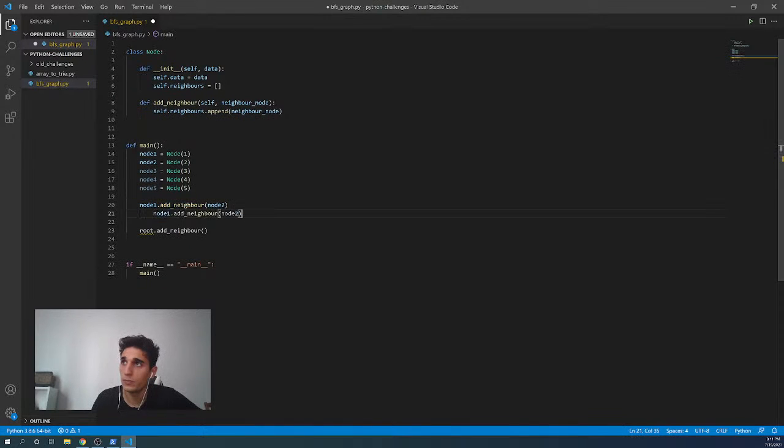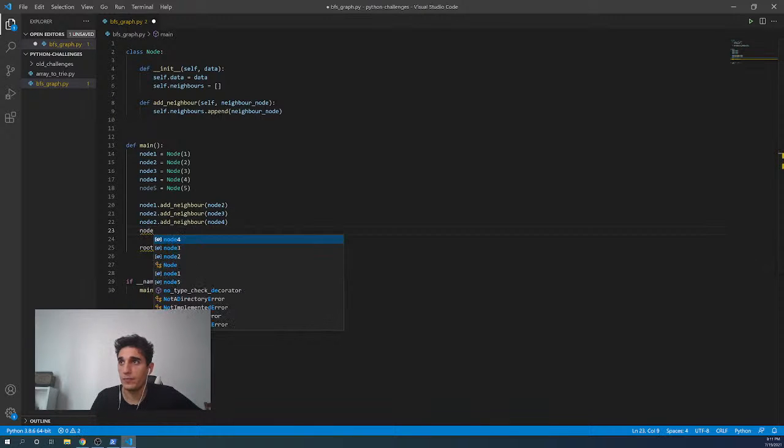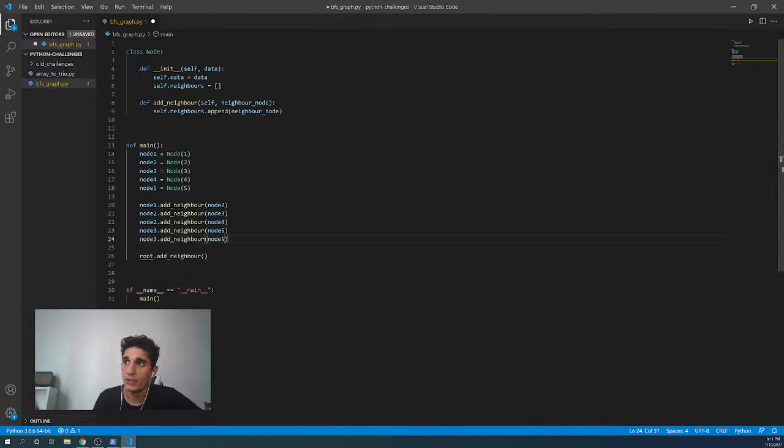Node 2 will have 2 connections, one to node 3 and one to node 4. Node 3 will have one connection to node 5. And node 4 will have one connection to node 5. So this is the representation of our graph